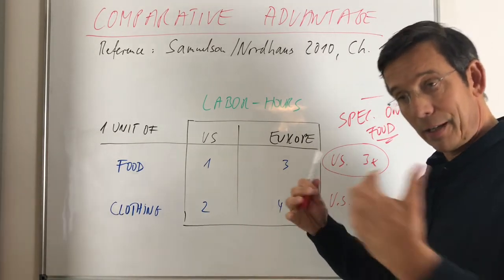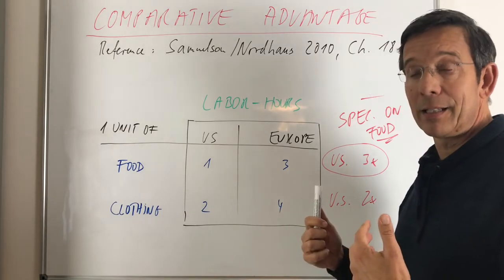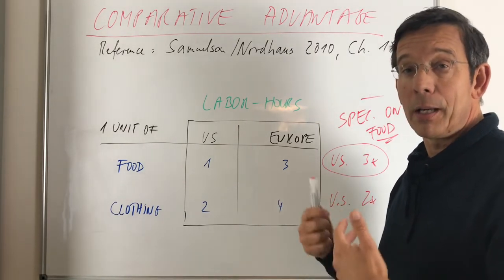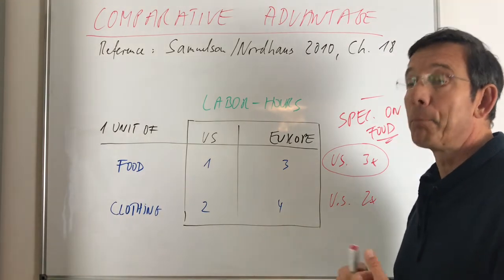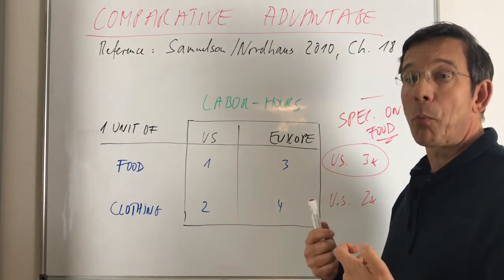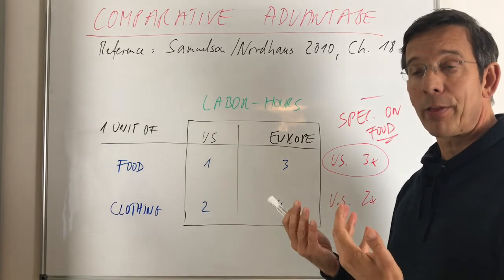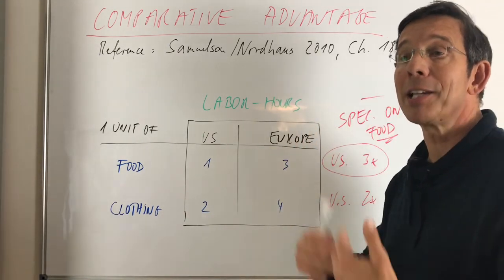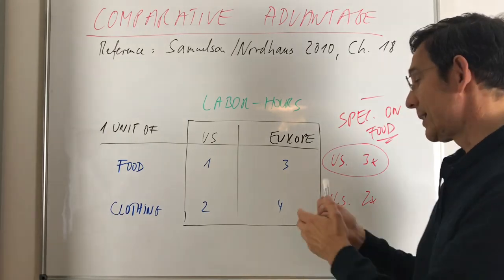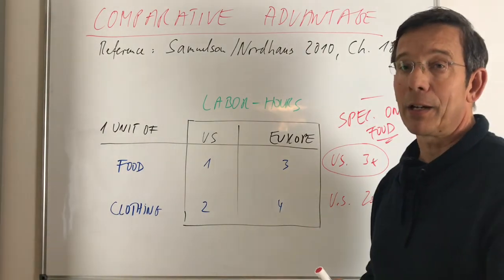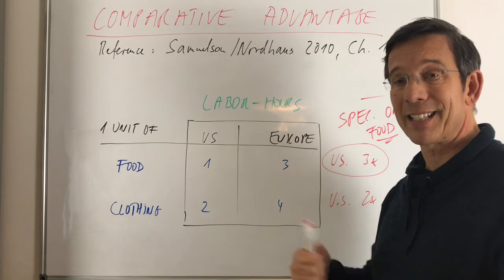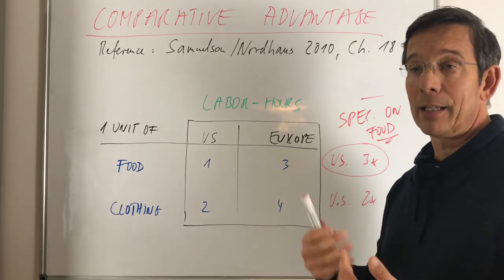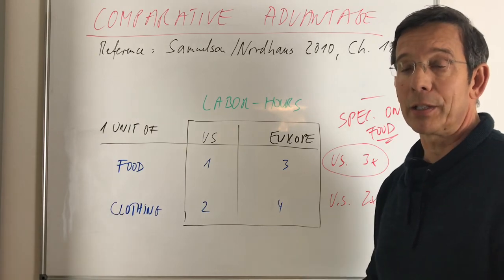then they start trading, and if they exchange their goods, then both countries end up with more wealth, because overall they have a bigger cake to distribute, right? And that's the main insight coming from comparative advantage. And in the second step, I would like to use another example to show it with respect to international trade.